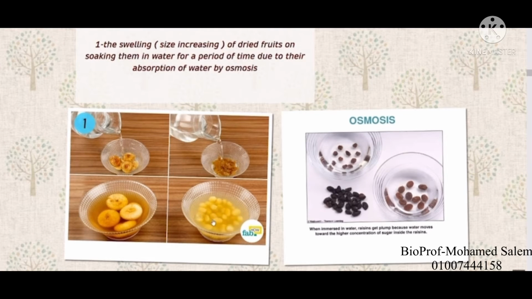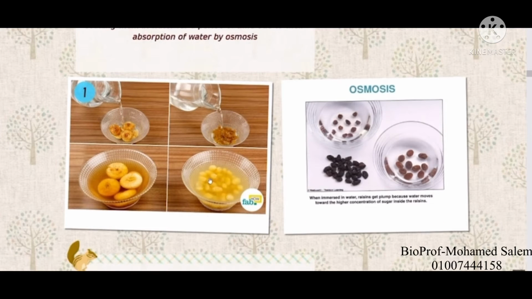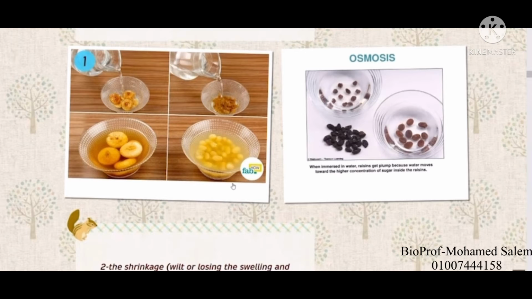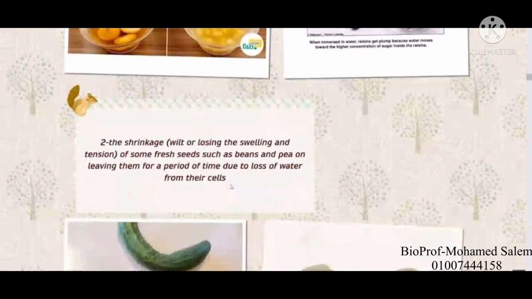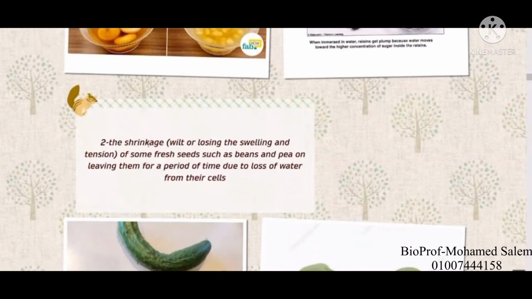نفس الكلام لما بنحط الجريبس برضو في الووتر بيحصل له نفس الكلام swelling. الترمس، اي حاجه من السيدز اللي بنحطها في الووتر فبيحصل لها increasing in size by osmosis, and this is the turgidity. The opposite of that is shrinkage, that means wilt or losing the swelling and tension